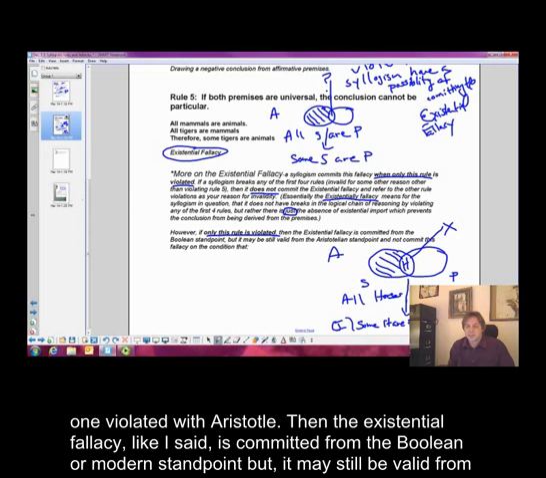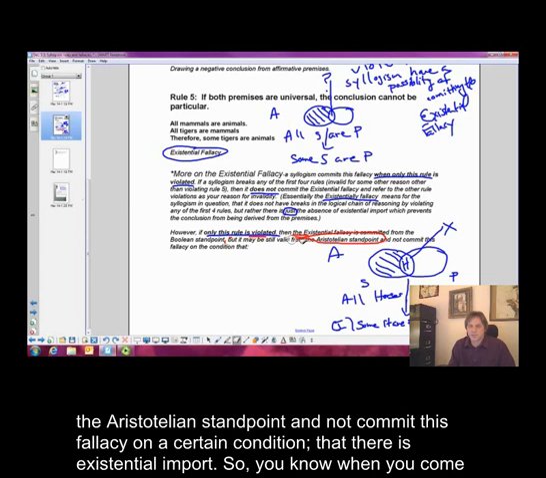But, let me just change the pen color here. But it may still be valid from the, here, I got to erase that. That was a terrible thing, outlining. Okay, let me try again. Okay, but